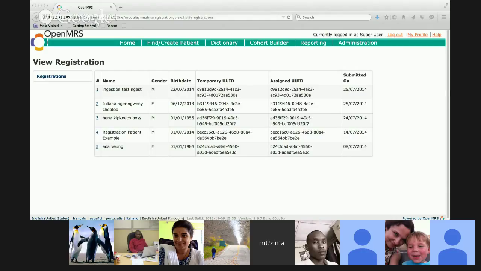Yeah, I think you're right about the temporary UUID, and the encounter is going to have the temporary UUID if you create it using the temporary patient record. So what this table is showing is the mapping from the temporary UUID to the real UUID of the patient in the server.